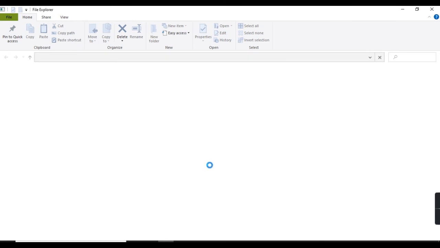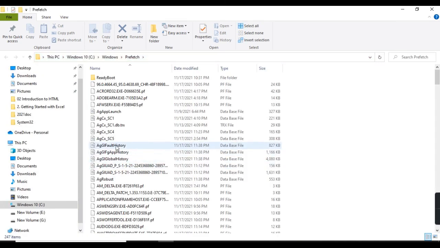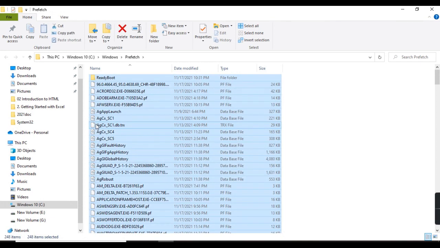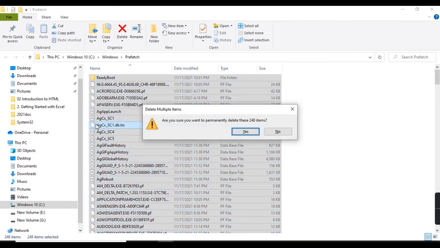Give permission to continue with the next step. Then the system looks for all the junk that has already been created. So just select one of them, and then hit Ctrl A to select everything. Then hit Shift Delete to delete everything.